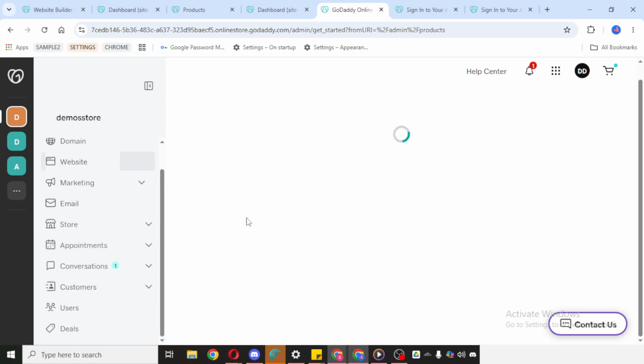Once you've gone through these sections, you'll be in the right place to add and customize products on your GoDaddy website. Follow the path from your account to My Products, open your website, click Manage, select Edit Website, go into Website Builder, then Store, then Products, and start building your store.